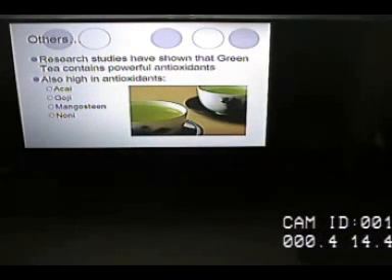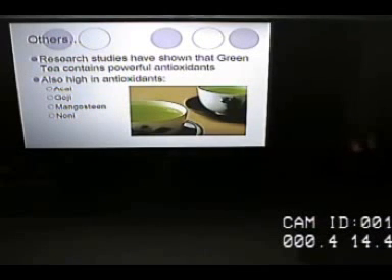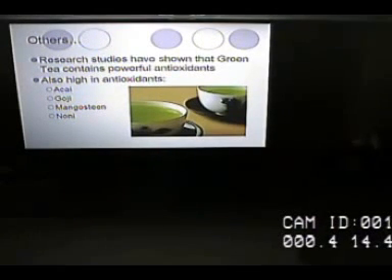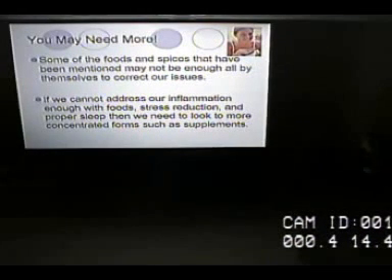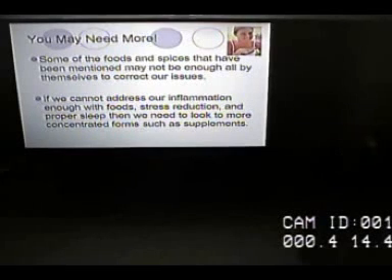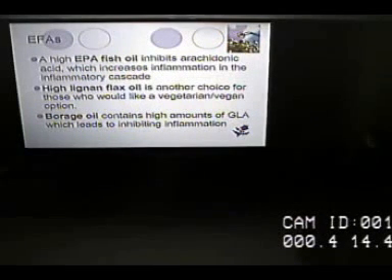Things that are out there that are high in acai, goji, mangosteen, green tea. We already talked about. There's a lot of juices, combinations, powders out there. However you can get it, just try to get it into your diet. So if you can't get it through the foods enough, and with stress reduction and the proper sleep, we need to get some supplementation. So essential fatty acids, which is oil, flax oil, borage oil, these all help out, and a lot of people are confused because it's not just like, oh, well, we go towards the fish oil.